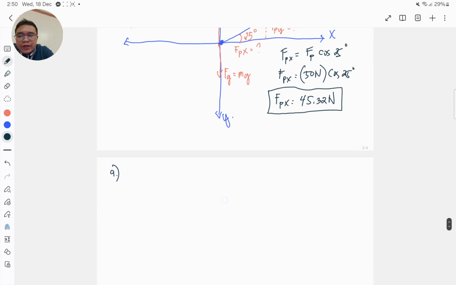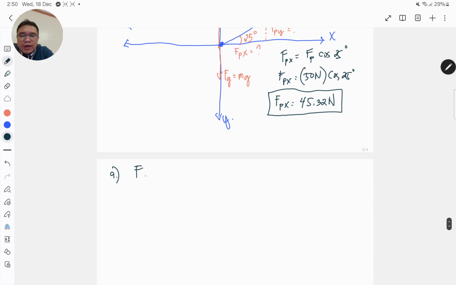So we will now solve for the acceleration using this equation here, F, which is equal to mass times acceleration. But in this case, our F here, we will substitute that with our Fpx, which is equal to the mass of the object times its acceleration. And for us to calculate the acceleration, just divide the whole equation by m. So that m here is cancelled. So therefore, our new formula for acceleration is equal to Fpx over m.